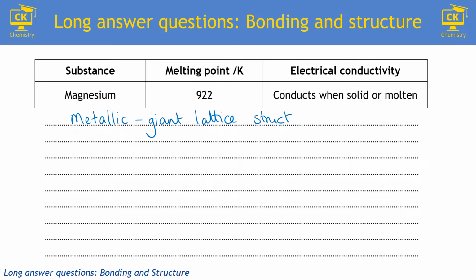Okay, when we talk about the melting points for lattice structures, we have to talk about the bonds that are broken, and the best way to do this is to describe the electrostatic attraction. So basically we're going to describe what we mean by metallic bonding. So there are strong electrostatic forces of attraction between,